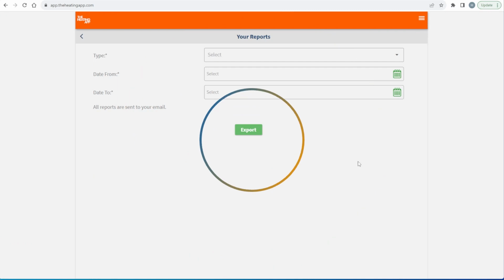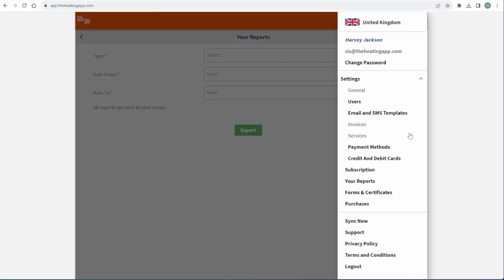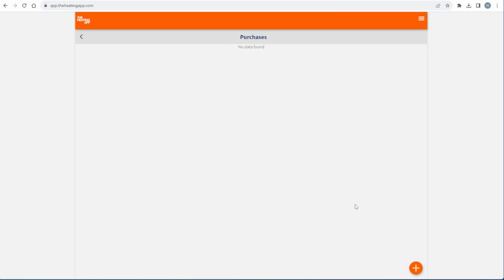To do this, head back to the top right-hand corner and click on the three white lines. Then select Purchases from the menu options. In this section, you and your team members will have the ability to add and record any purchases that have been made for your business. This feature ensures that you can efficiently track and manage expenses related to your purchases, providing a clear overview of